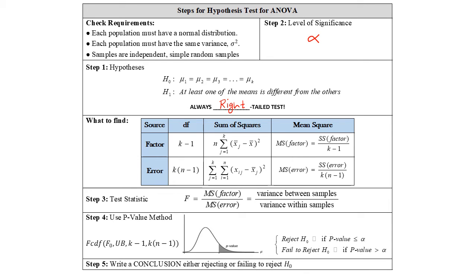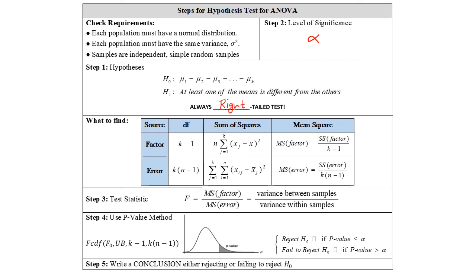And here's a breakdown of the various components that go into computing the test statistic. Don't be too scared off by these formulas, because for the most part we're not going to need to know them. But just to get an idea of what they do, let's break it down a little bit. In this first box, where they're looking at what they call the factor, we're looking at the sum of the squares, which is denoted SS. What this computes is it takes each of the means of each sample, denoted x bar j, and subtracts that from the mean between the samples,